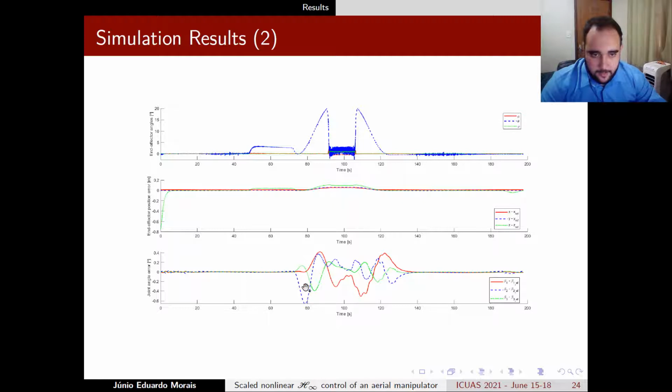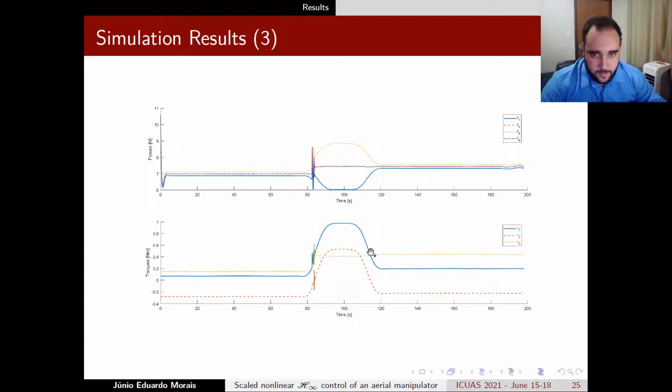until we finish the simulation. And the last graph is showing the tracking error of the joint angles. And you see here that the error is always very small, being always smaller than 1 degree, and showing an oscillatory behavior when we are in the phase where the arm is extended. But then it quickly converges down to zero and remains until we finish the simulation.